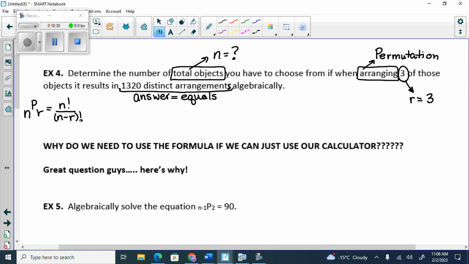So our n is n. We don't know how many numbers we're choosing from. So we're going to have n factorial over, and then n minus, what was our r? How many are we choosing to arrange? 3